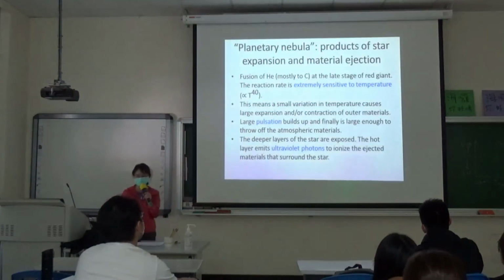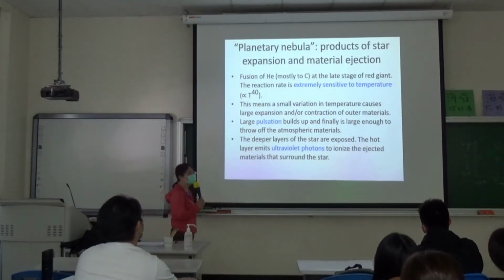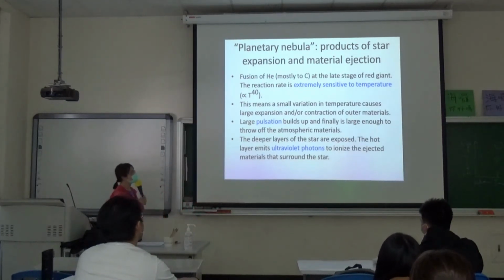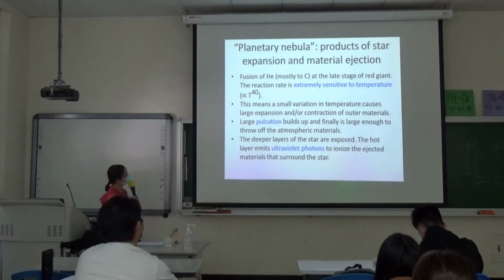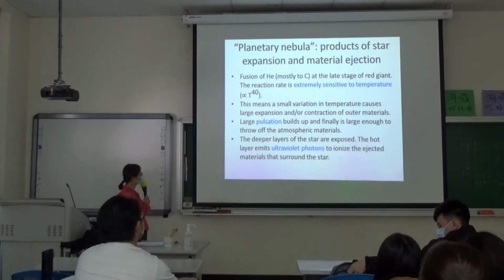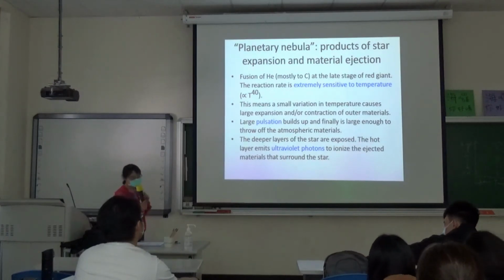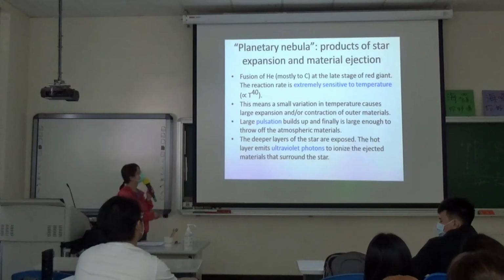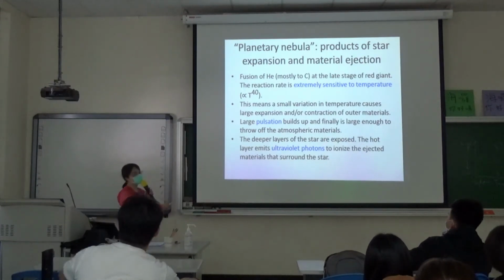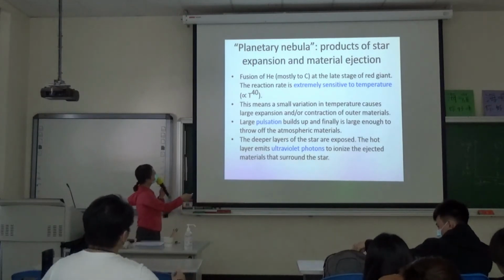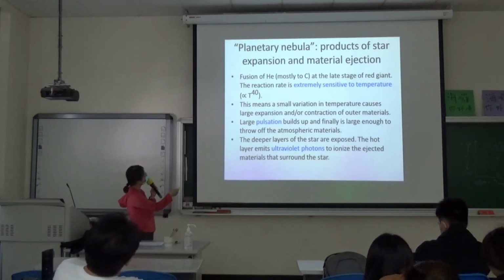Then, at some point, the sun will turn into a planetary nebula, 行星状星云. It's a product of star expansion and material ejection. So what does that mean? Fusion of helium, mostly to carbon. In the red giant stage with the carbon core, at the late stage of the red giant,